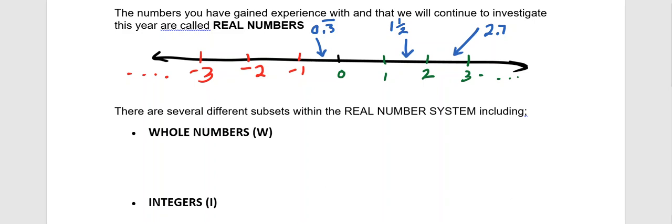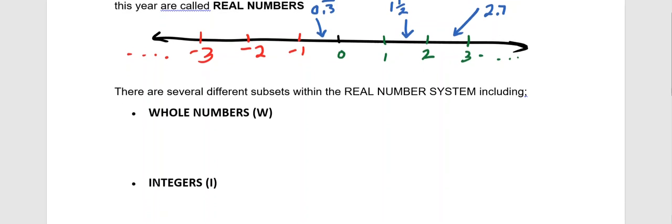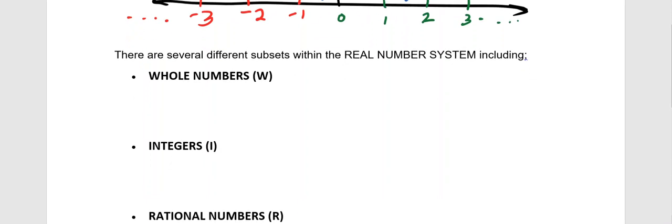So let's start with the first subset, the whole numbers. The whole numbers are actually the numbers that you see already in green. Okay, and you notice a couple things about those. First of all, they're only positive, but they do include 0, and there are no fractions, there are no decimals. Now, if we exclude 0, we would call all these other numbers, starting with 1, 2, 3, 4, 5, and so forth, counting numbers. And the only thing we do to move from a counting number to a whole number is to add the digit of 0. Okay, so we're going to say that whole numbers are counting numbers